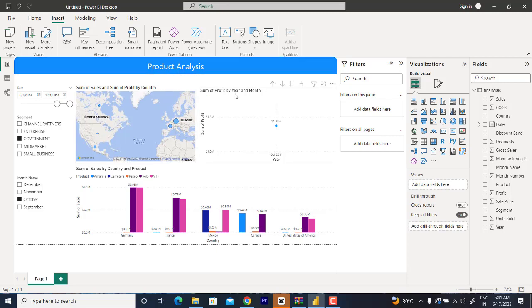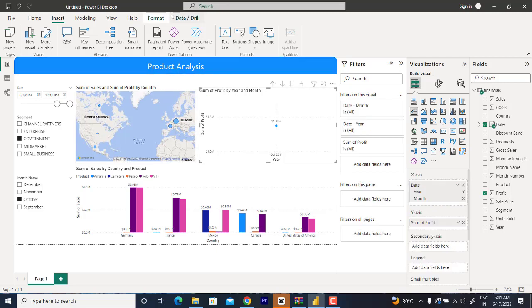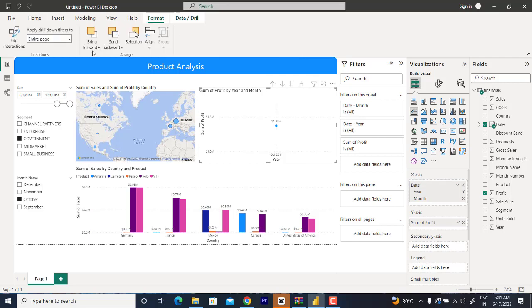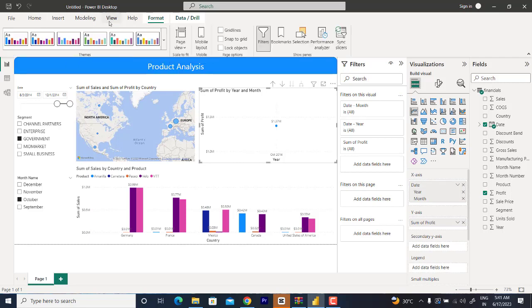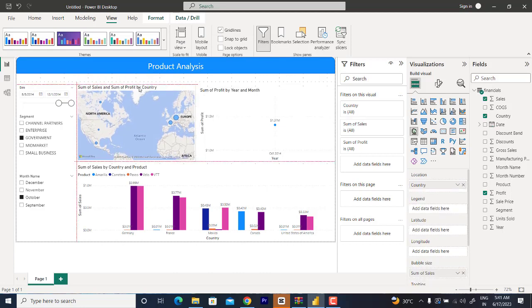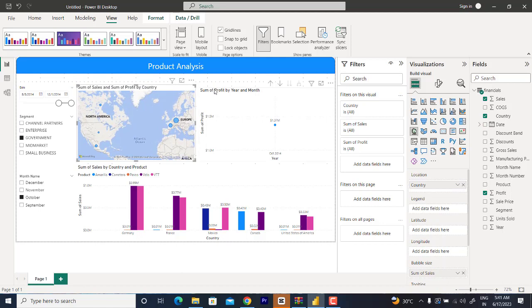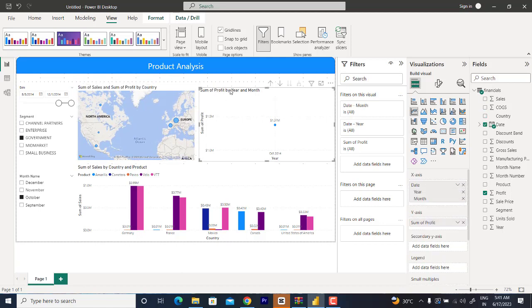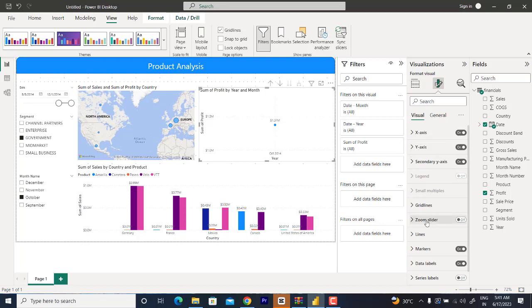So now let's do some formatting and let us make it look presentable. For that I will go to the view, and then I will turn on the grid line so that you know how you are adjusting your visuals so that they all are in symmetry, right? So for that I will just go to this visual, I will go to the format, and then I will turn on the